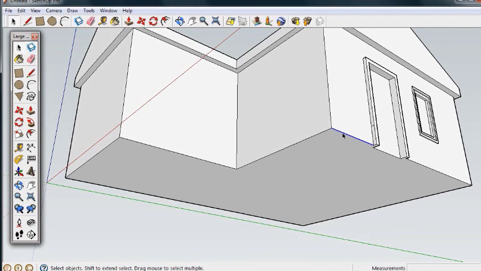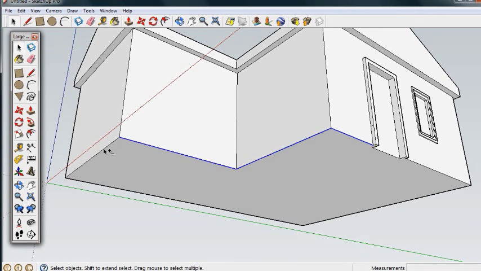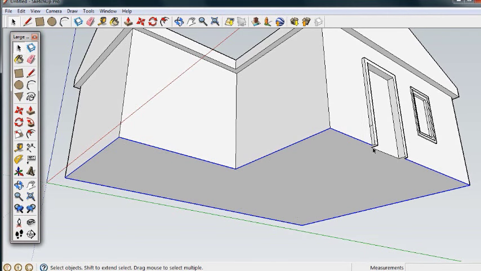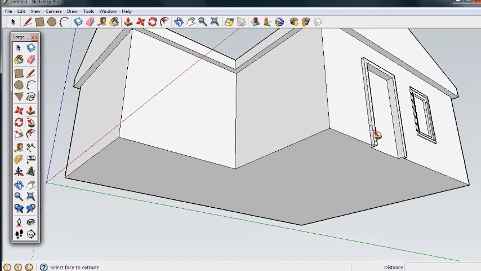Hold the Shift key down like before, and select all the edges that go around the house, but only the edges, and make sure they are all connected or the tool won't work. With our path selected, now choose the Follow Me tool. It looks like we lost our selection, but don't worry, just click on the trim surface to pull it around